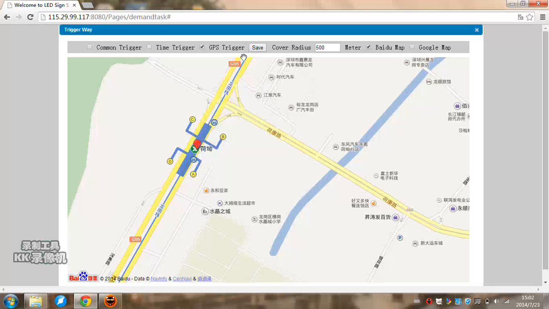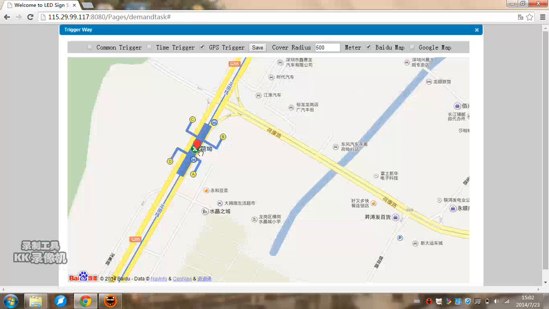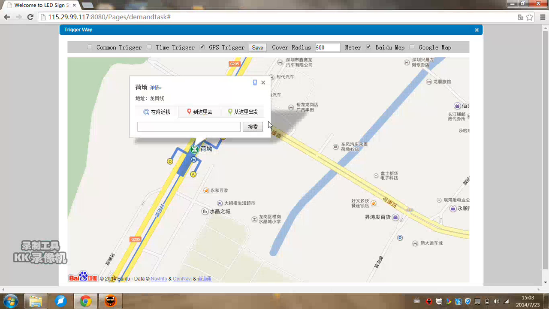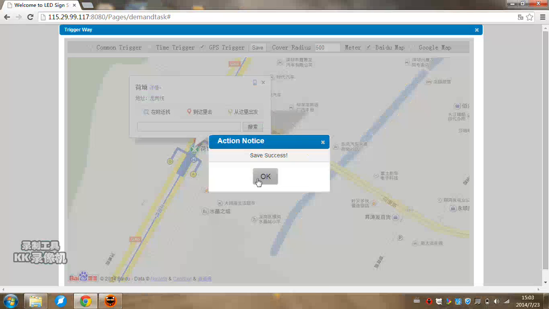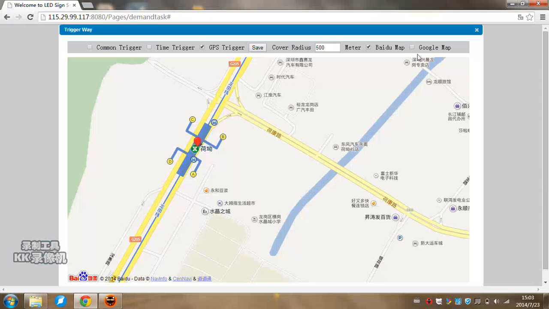If you find the place is wrong, right click the mouse and it will be cancelled. Okay, save. It will pop up a window for success.